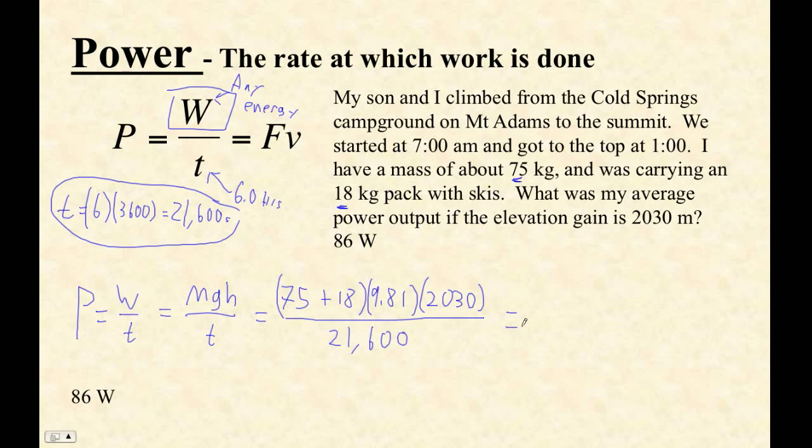So that is 75 plus 18 times 9.81 times 2,030, okay, divided by 21,600 seconds, and that gives us 25.74 watts, which is actually quite a bit of power